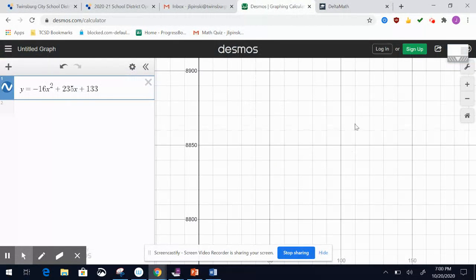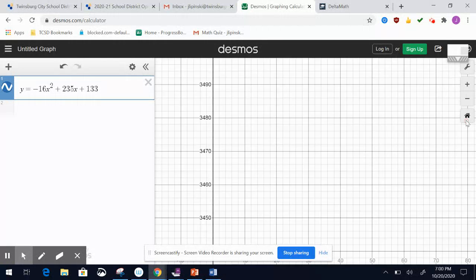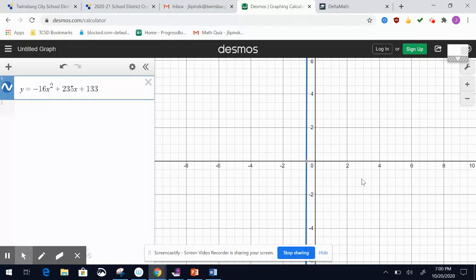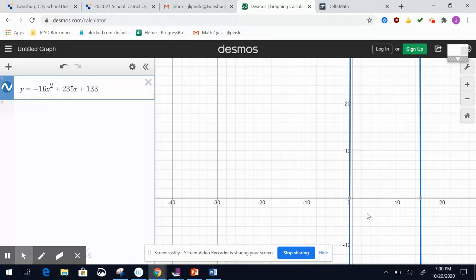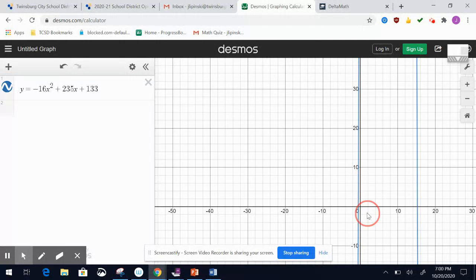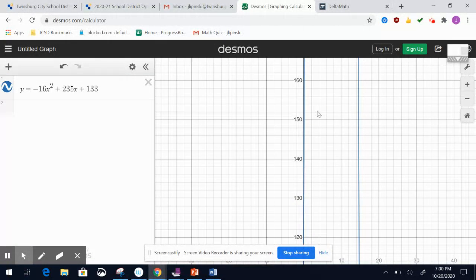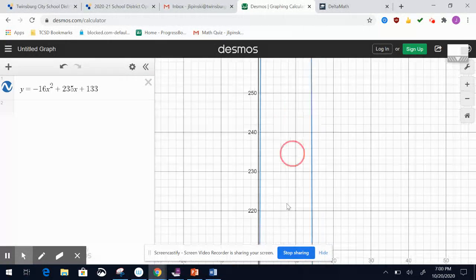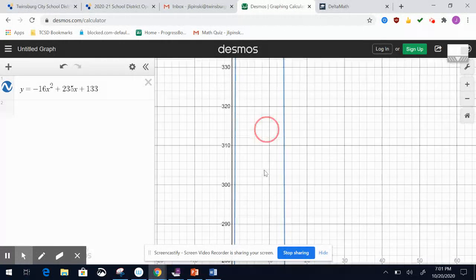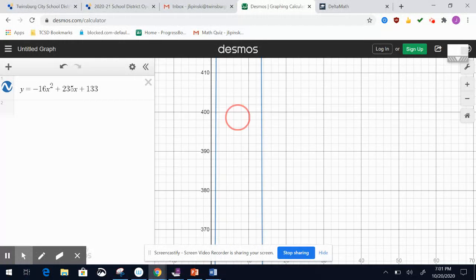You're not going to see anything. When I don't see anything, I'm way up here at 8,900, so I hit this home button. It'll take me back to my normal screen. And again, we have to zoom out so I can see this. And then I'm going to start going up to where the top of this rocket launch would be. So I'm trying to find the maximum height and how long it took to get to that maximum height of